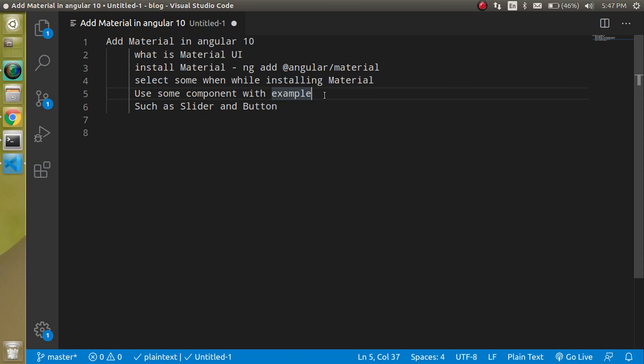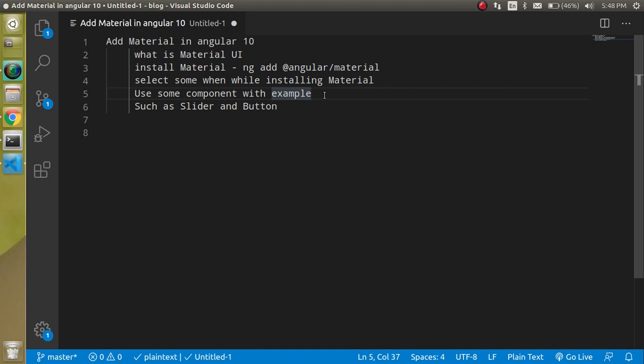So maybe you have a question: what is the Material UI? Material UI basically provides two great things. One is a responsive website. The second thing is a great UI for input elements, right? For example, it provides lots of color and design for buttons, input boxes, checkboxes, sliders and all, right? And you will feel that the site is very smooth, and you will feel like you are using a mobile application rather than a website, right?